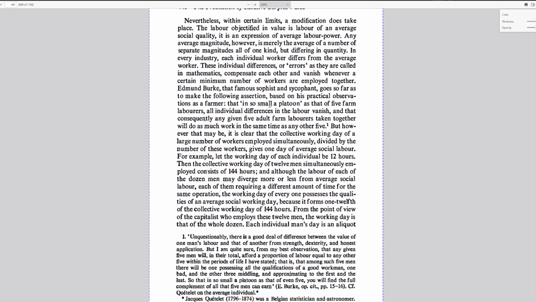I think we also have in here, he'll talk about how, as an example, this dude says that if you take any old 5 farm laborers, they're pretty much going to be the same as any other 5 farm laborers. And indeed, that when your workforce increases to a certain scale, suddenly all of the talk, and the terms that Marx uses of like social averages and social this and social that, actually become more of a reality, because when you have a big old honking workforce,